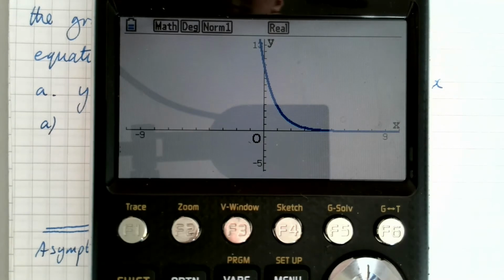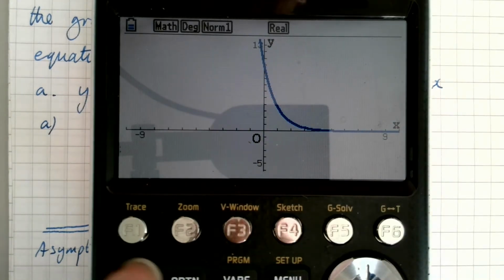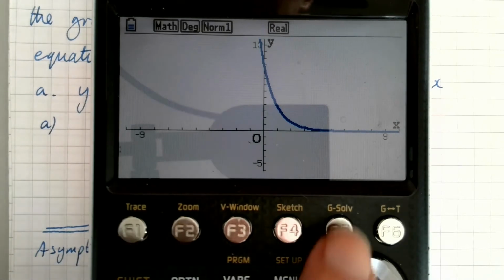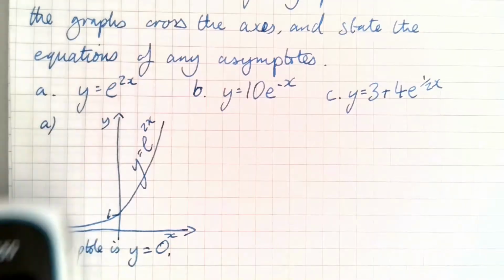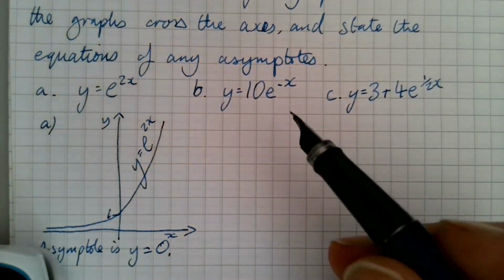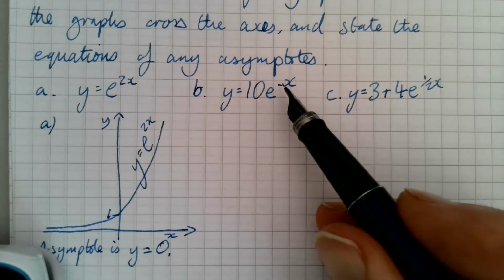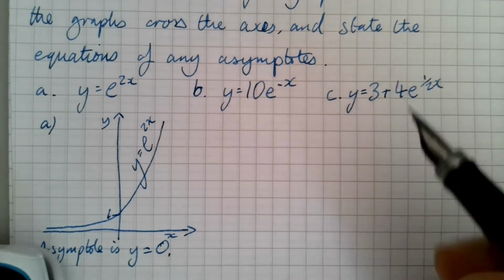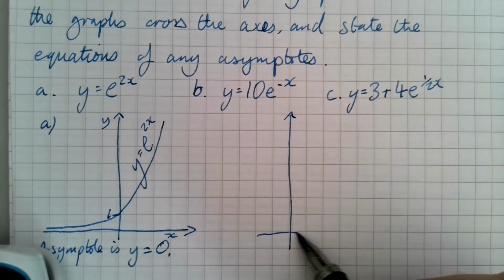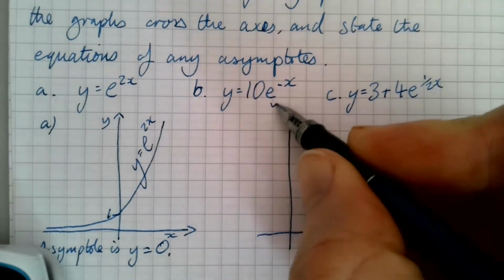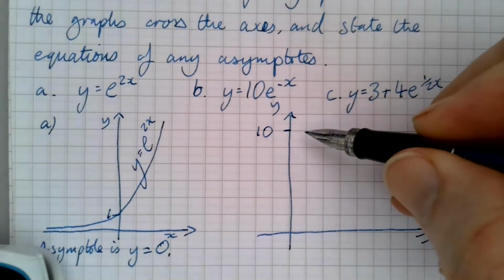Let's just check, it's gone higher. I wonder why it's gone higher. Well, let's have a little look at what the value is first of all. So the y-intercept is at exactly 10, and that's because e to the power 0 is 1, 10 times 1 is 10, so that's why your y-intercept is 10. So all we need to do there for our little sketch is put a 10 marked up there,